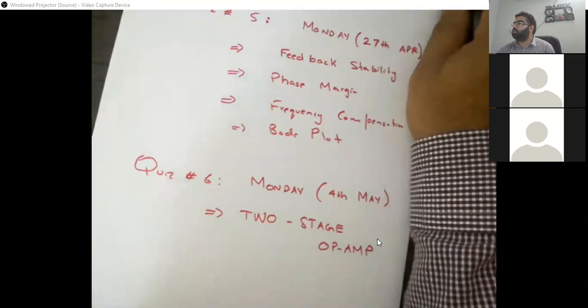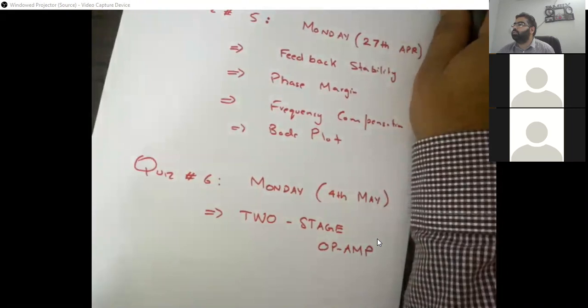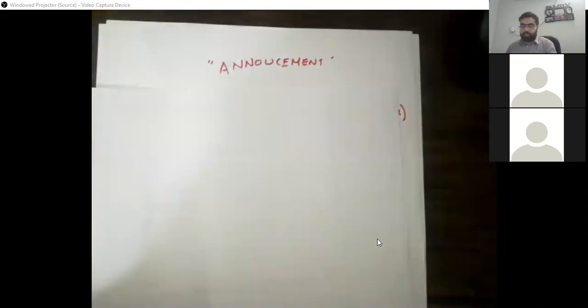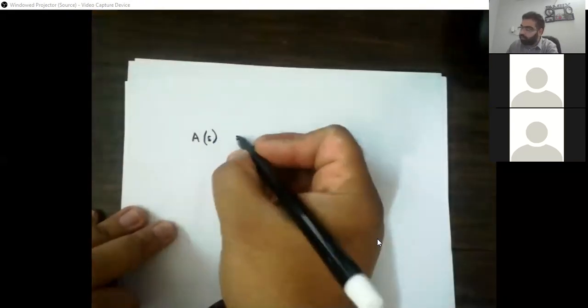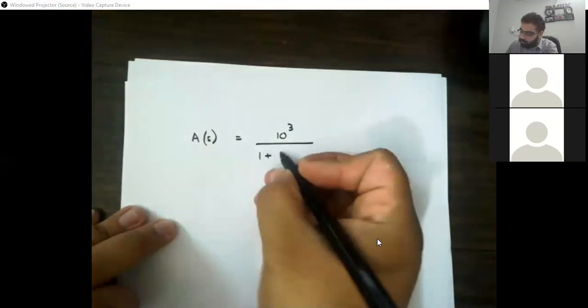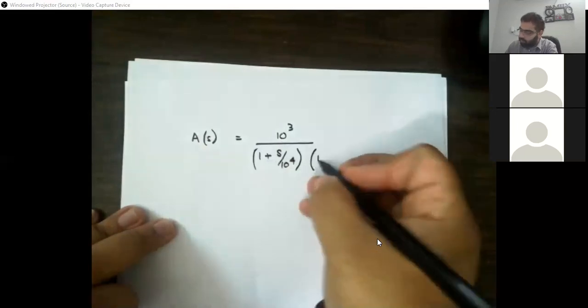Question. Let's just open one minute question for you. What was the question? So we have basically the question was something like this. So A part was, I guess, clear. That's pretty much which we are doing from a lot of time. So we have this function 1 plus s times 10 raised to the power 4 times 1 plus s.